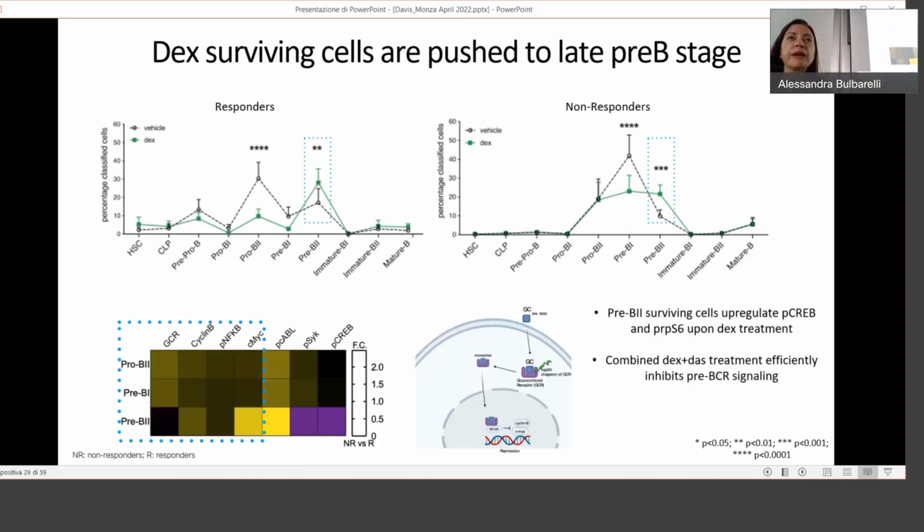And when we looked at the differential expression between the cells from these groups, the surviving cells from the non-responders really seem to upregulate proteins that are actually supposed to be repressed by the GCR. So things like NF-kappa B, cyclin B, and MYC. So suggesting that there's something potentially broken internally in these non-responder cells in which they express really high levels of the GCR as if the cell is trying to do what it's supposed to do with the response, but it can't actually execute the downstream programs.